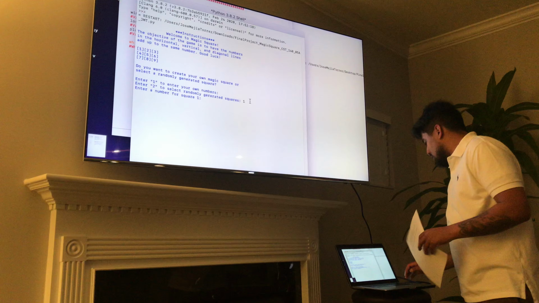That would fulfill the requirement to add a new option, which allows me to use option 1 or 2 settings in the list. Here I have the user choose between two options: enter 1 to enter your own numbers, or enter 2 to select randomly generated squares. If I select option 1,